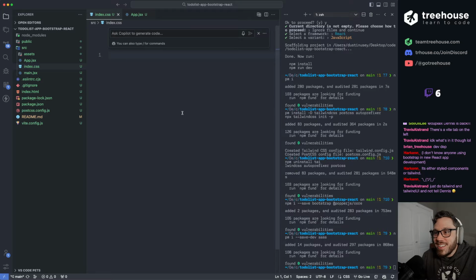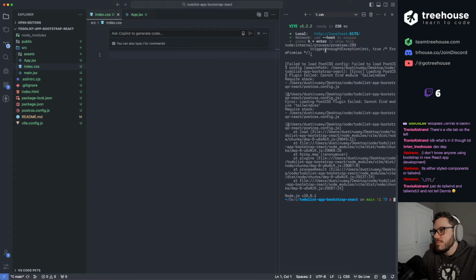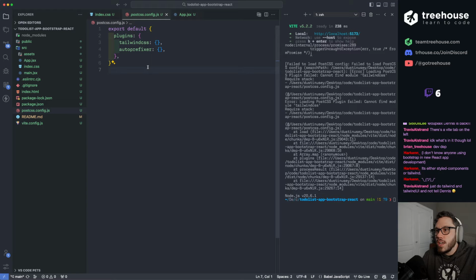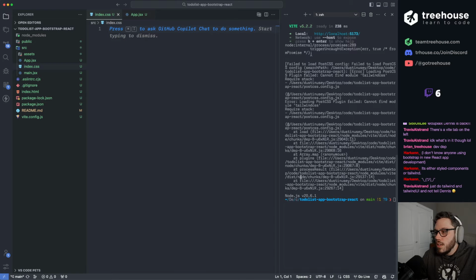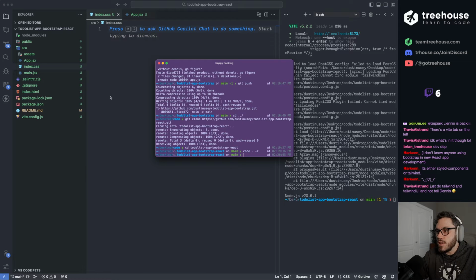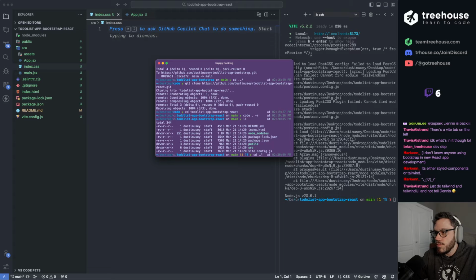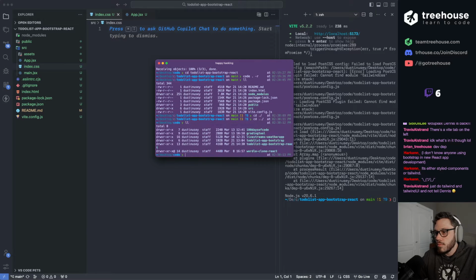Oh boy. All right, let's just see if this is even doing anything. Oh, it doesn't like this already. Failed to load PostCSS config. Oh, you know what? I think I changed this already. I don't need this PostCSS config. I think I messed everything up whenever I... what's in here? Move rf. Let's just start over.